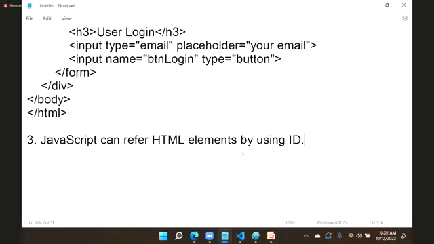JavaScript can refer to HTML elements in three ways. First method, it can refer by using DOM hierarchy. Second method, it can refer by using name. Third method, it can refer by using ID. What is the speciality of ID is